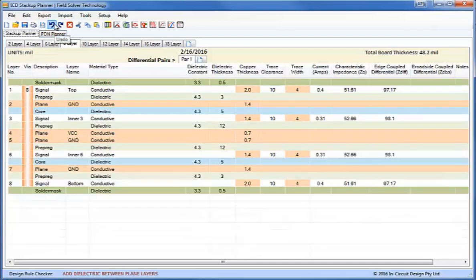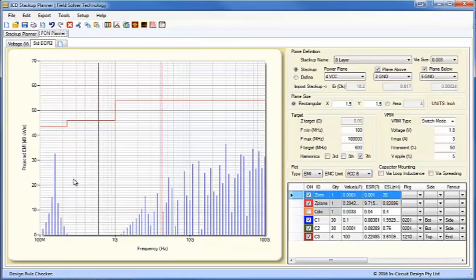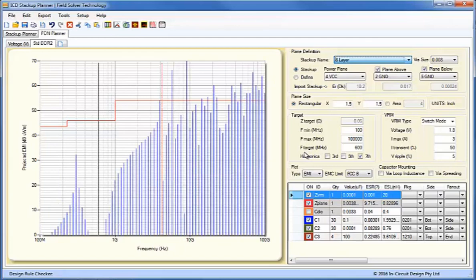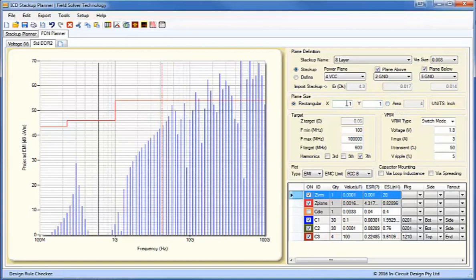So let's go back to our standard 8-layer board, and we'll see what we can do other than that. So we'll read back in our standard 8-layer board. And you can see already by reducing the size of the area of the plane pair, we have reduced the radiation. So we can knock this down quite a bit. The smaller area, the less resonance you have, and it moves the resonance up in frequency. So even just by changing the area of the plane, of the DDR to 1.8 volt plane, you can reduce